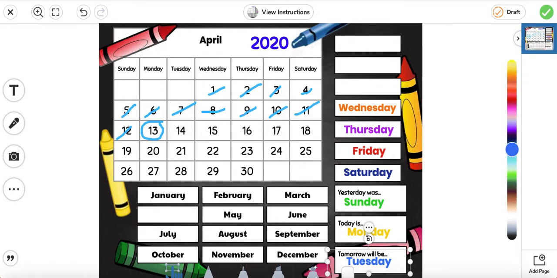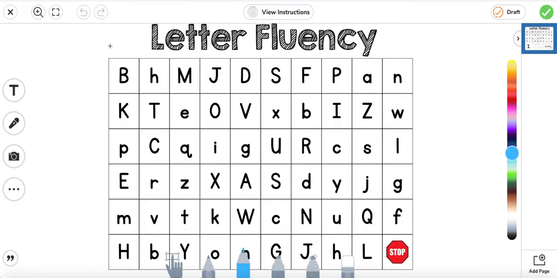Okay, next we're going to move on to fluency. We're going to say the letter. Are you ready? Okay. B, H, M, J, D, S, F, P, A, N, K, T, E, O, V, X, B, I, Z, W,